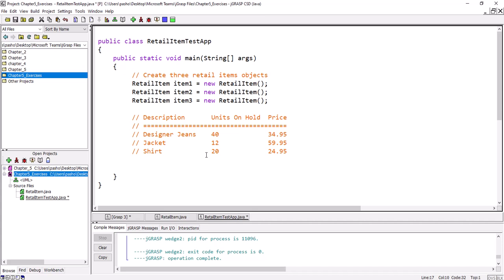So here is our data. For the first item, we need to save in the description designer jeans, units on hand 40, and the price is 34.95. Remember that we cannot access them directly because the data inside are private, but we have methods, bodyguards, that will help us to change the data inside. Since I want to change the data, I need to set those data. So I need the method that will change the data, which is set. So we will say item set description, and between brackets I will put the description